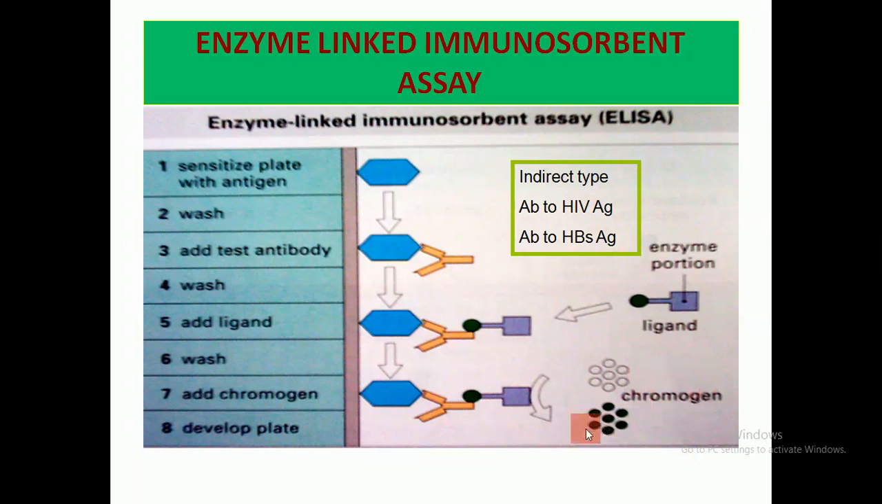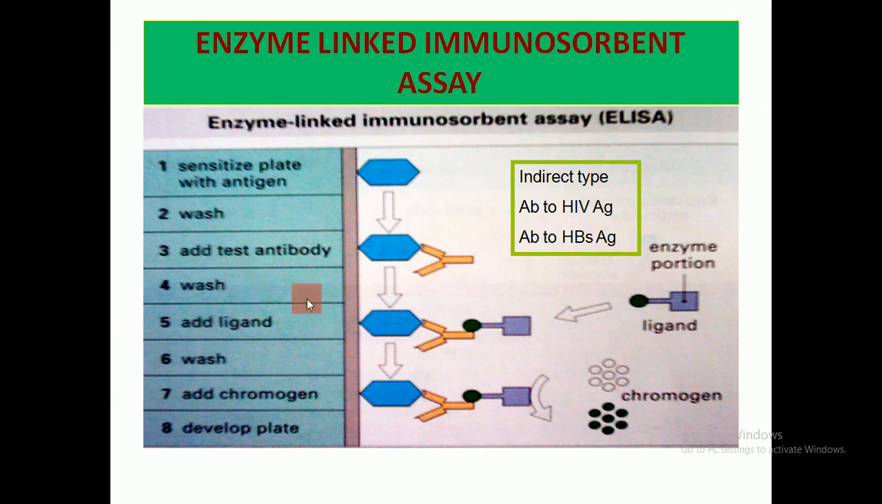The second type of the ligand assay is ELISA, which is the abbreviation of enzyme-linked immunosorbent assay. And here we use the microtiter plate, and this plate will be coated with the antigen, from the company that synthesized the kit, and then we add the patient serum that contains the antibody, and then we do washing to get rid of the excess antibodies,